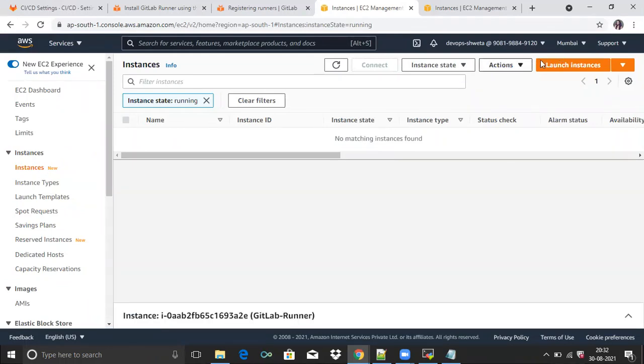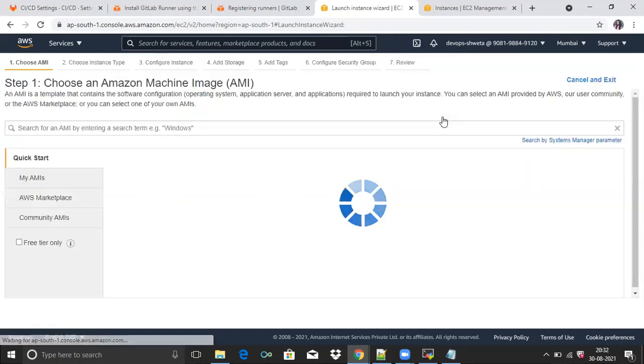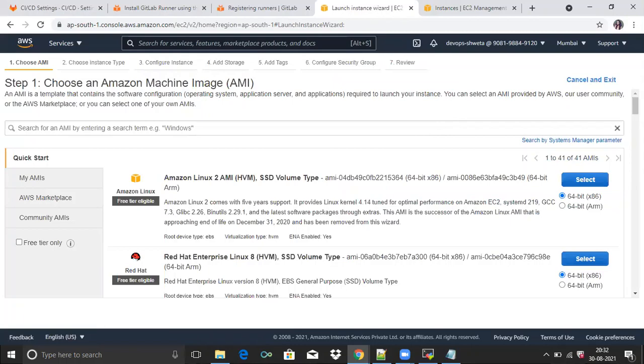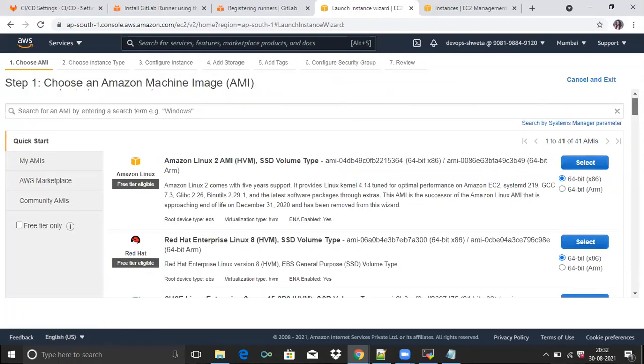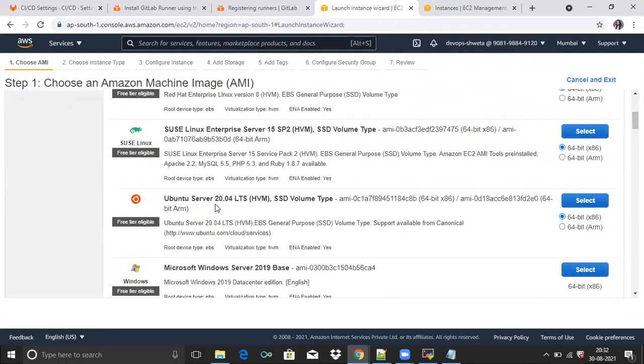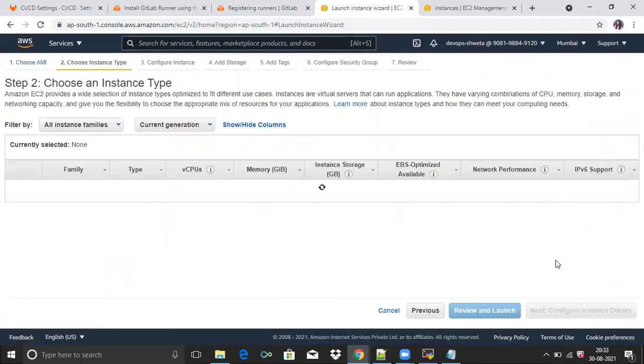Go to the EC2 instance, then click on launch instances. Then scroll down and you can see Ubuntu Server 20.04 LTS. Click on select.